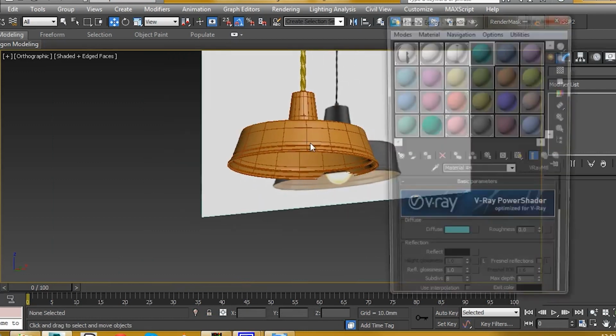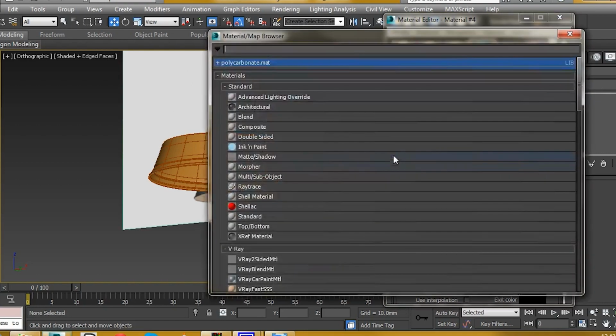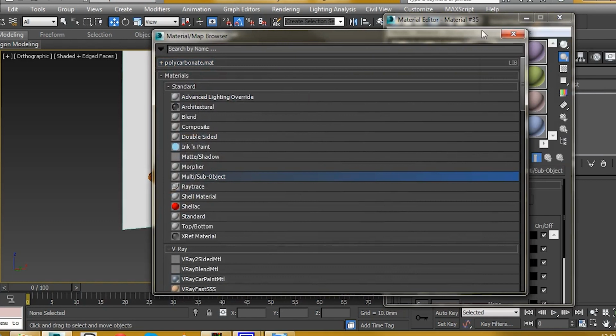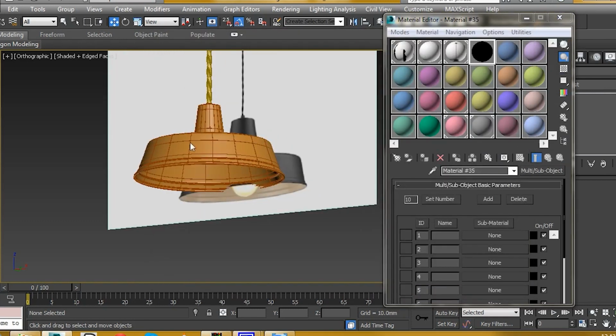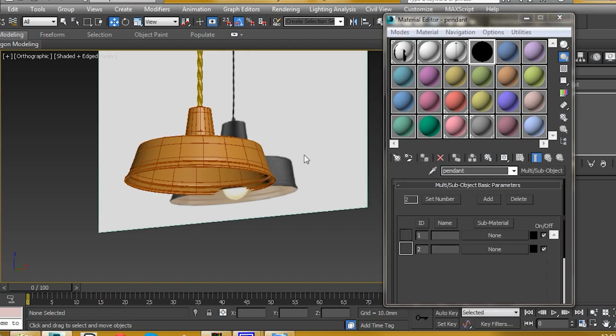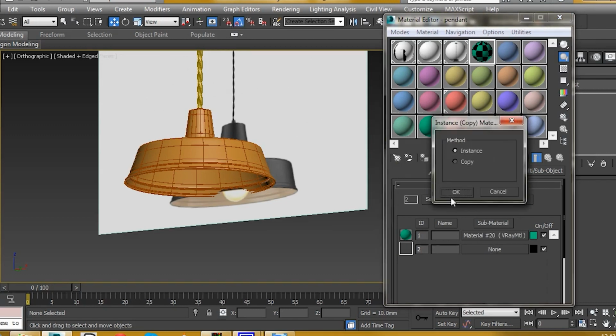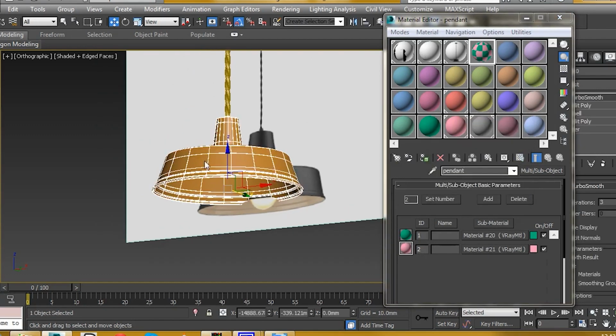If you open your material editor, we're going to create a new material. So we'll go get material and we'll select multi-sub object. So we've got two IDs here, so we can just delete these until we get to it. We'll just name this pendant. So we'll just drag two standard V-Ray materials in, so that will go to ID 1, and we'll drag that to ID 2. There's two different colours, and if you apply this to the shade,